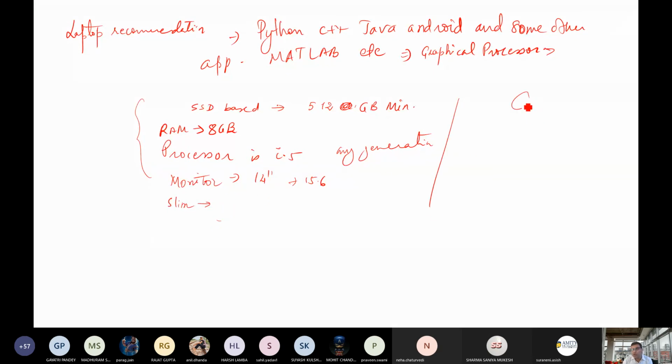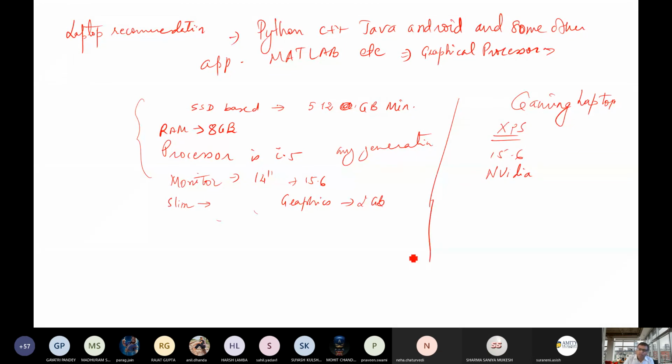But those who are going for gaming laptops or gaming application development, for them one company is there, XPS, I think. Its size is 15.6 and it consists of NVIDIA graphics card. So if graphics card is available, you can purchase at least a 2 GB graphics card.